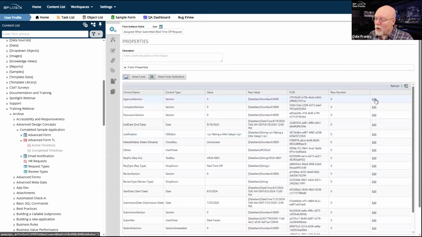Every control now has an edit column. And also, if it's in an array, it will have a row number associated with it. I don't have anything in an array here, so all my row numbers are 0. But array fields will be designated by the array row in which they appear top to bottom on the form.